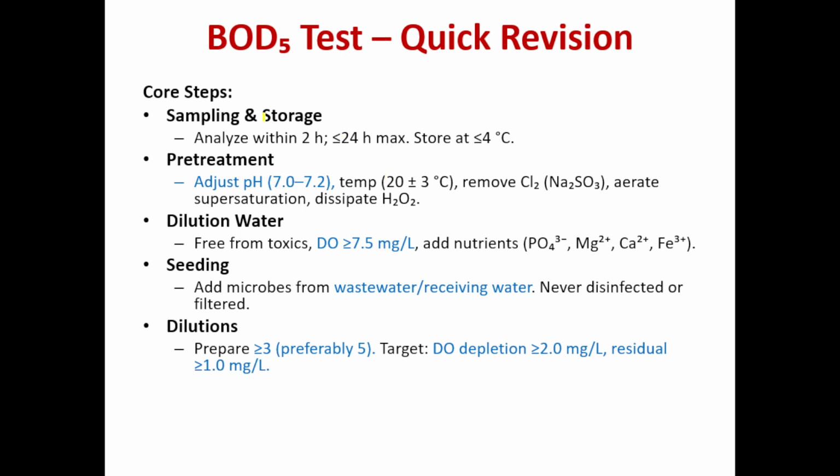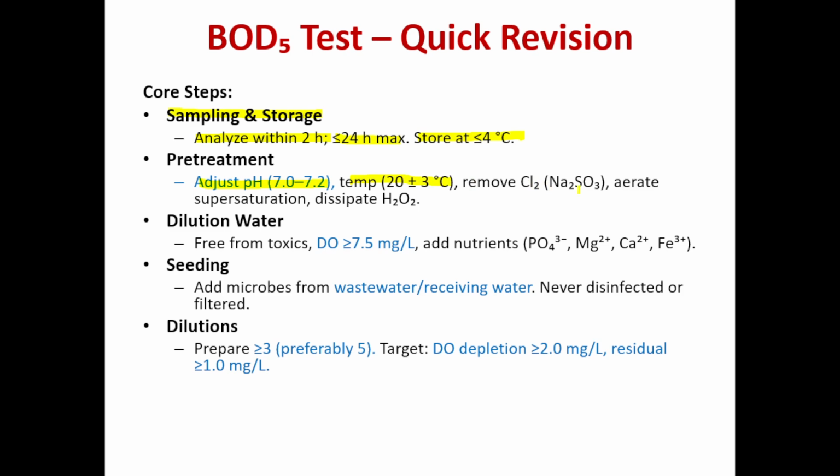This is the quick revision. In the case of the BOD5 test, we need sampling and storage. We need to analyze within 2 hours and it should not be more than 24 hours. Storage should be at 4 degrees Celsius or below. Pre-treatment: adjust pH to 7 to 7.2, temperature 20 plus or minus 3 degrees Celsius.